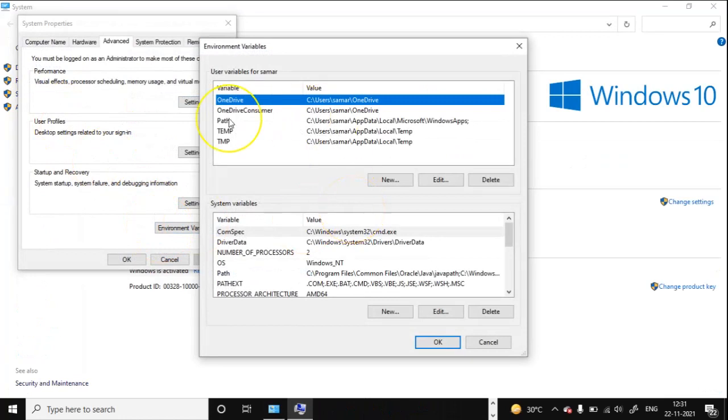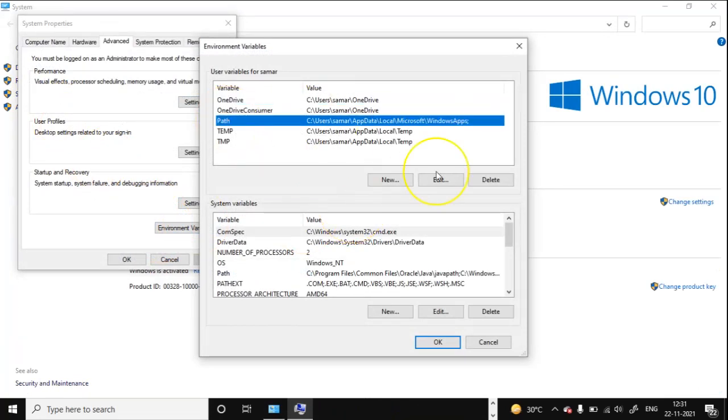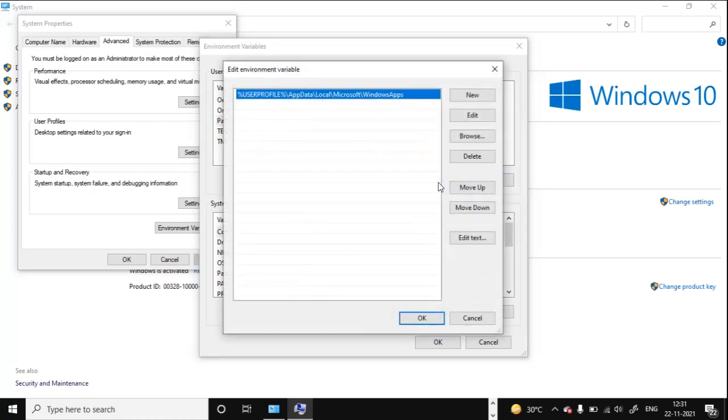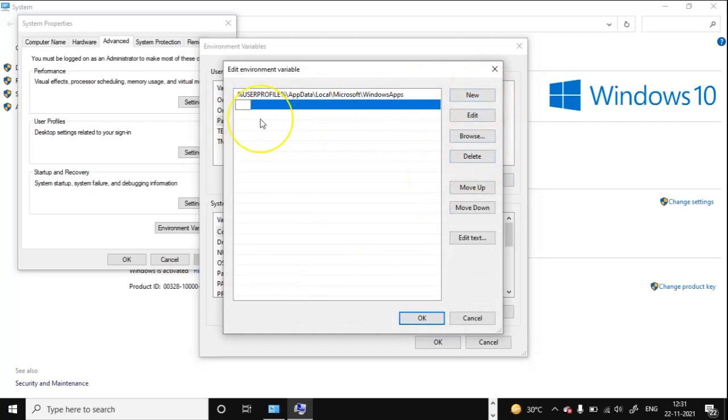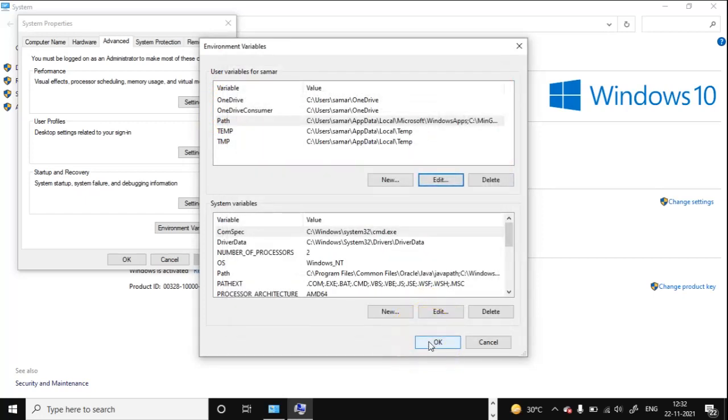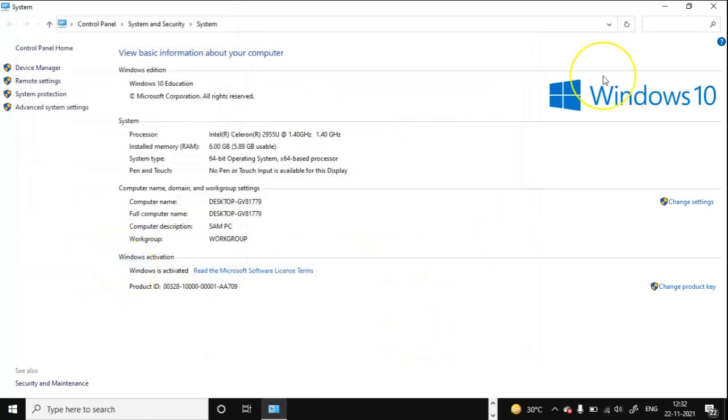After that, click on Path and click on Edit. Next, click on New and paste it. Click OK, again OK, again OK. Close all of this.